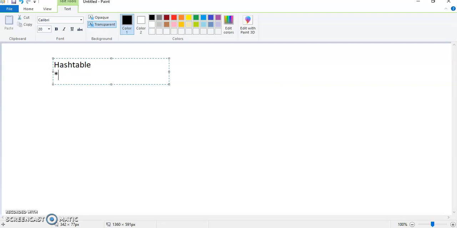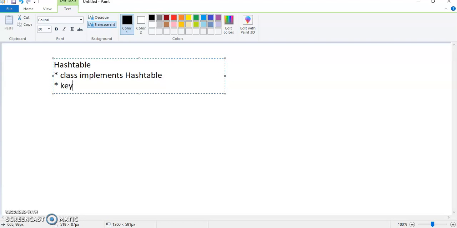Basically this Hashtable is a class which implements a hash table. That means the underlying data structure for this Hashtable class is a hash table only. It consists of key-value pair combinations, just like in our map.